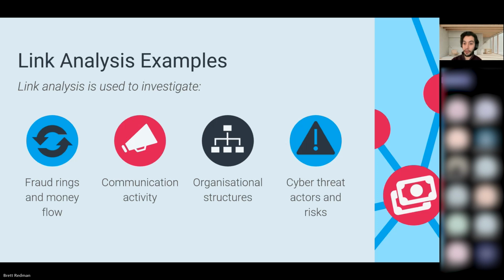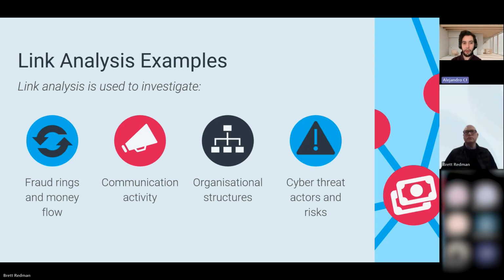There's also organizational structures. In the context of organized crime, it's important to understand who's at the top, who's at the bottom, and how impacting one can affect the rest. But there's also the context of cybersecurity, wherein trying to understand different threat vectors, either in an IT infrastructure or a network topology, is really helpful in minimizing risks and challenges there.